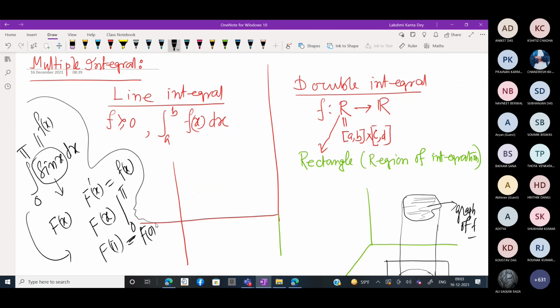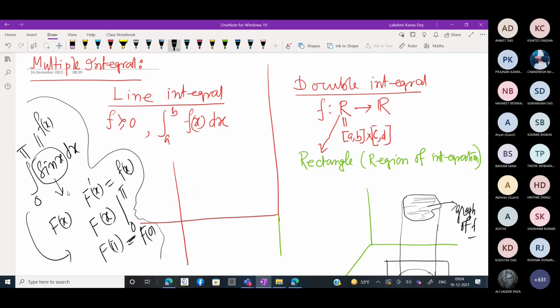The first integration we learned is like that. Whenever the integrand is a known function, that means we know its primitive. Like for sin x, the function is minus cosine x. If you differentiate this function, then you will get sin x, right? So we can integrate by means of the antiderivative. That concept we initially learned, and then gradually we learned the bigger thing, that is known as the Riemann integration.